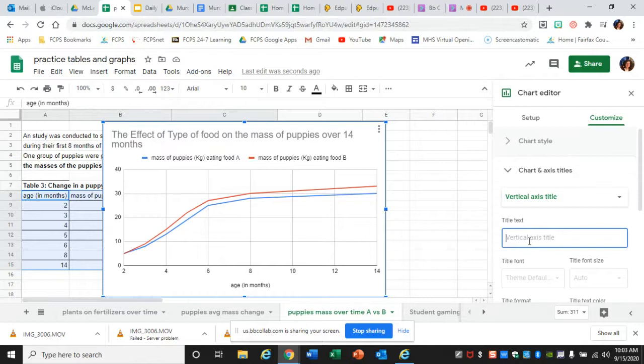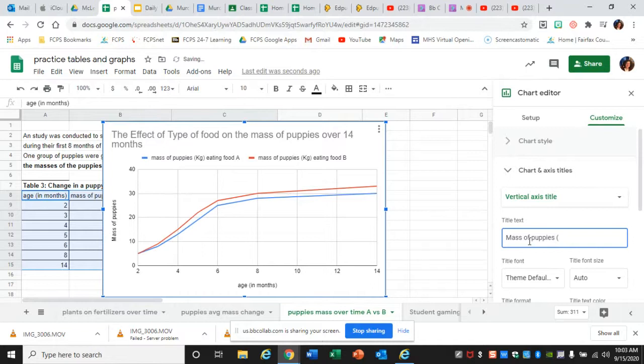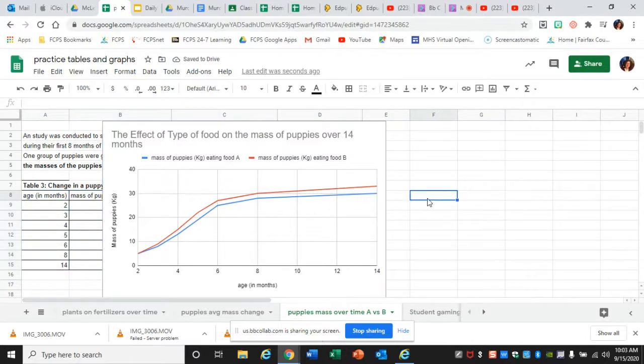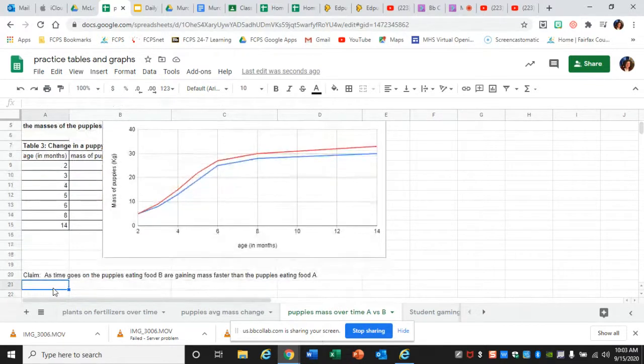The mass. Yes. Okay. Mass of puppies. And what's the unit? Ooh. It's kgs, kilograms. Excellent, you guys got it. All right, and you now have a complete graph. That would get you an A for the graph part. All done. So the next thing that's going to be asked of you, though, is to write a claim, evidence,